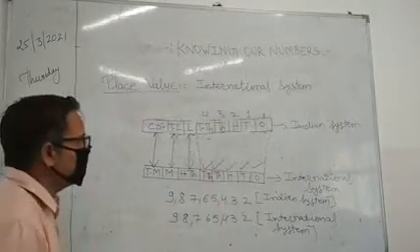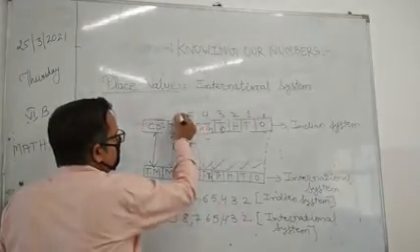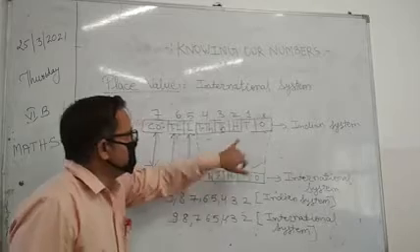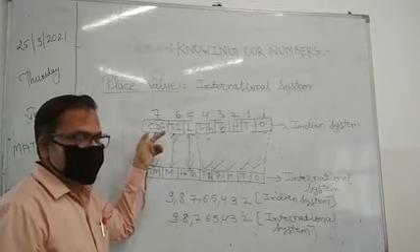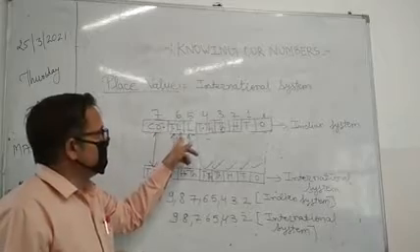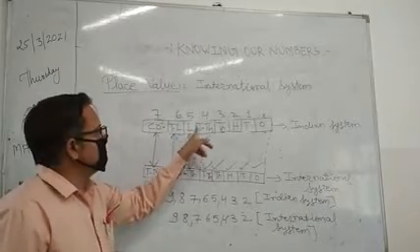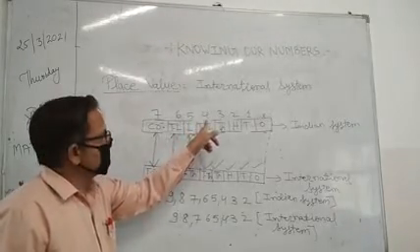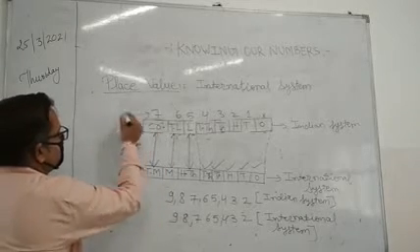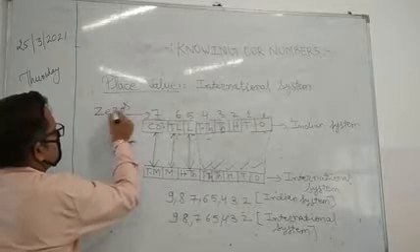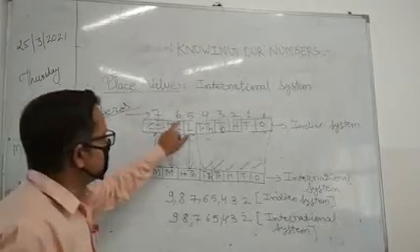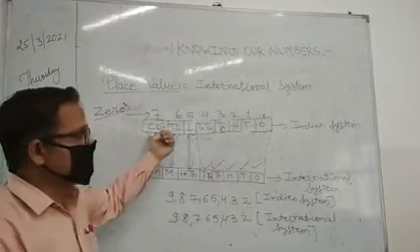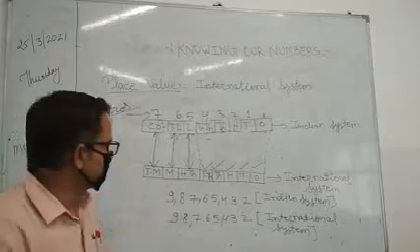In 10,000, how many zeros do we have? 4. In lakh we have got 5. In 10 lakh we have got 6, and in crore we have got 7. So in the Indian system, when we are talking about 1 crore, there should be 7 zeros. When there is 10 lakh, there will be 6 zeros after the number. If we are taking lakh, then there will be 5 zeros. That is what I am mentioning to you. We are concerned about how many zeros we put when we say 1 lakh: there will be 5. When we say 1 crore, we put 7 zeros.